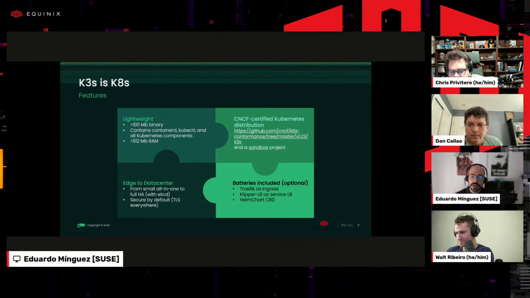It only requires half a gigabyte of RAM, and you can even deploy it on a Raspberry Pi or any kind of single board computer. It's worth mentioning that even if it's this small, it's a certified CNCF Kubernetes distribution. You can click there and you will see the results of the conformance tests. And it's also